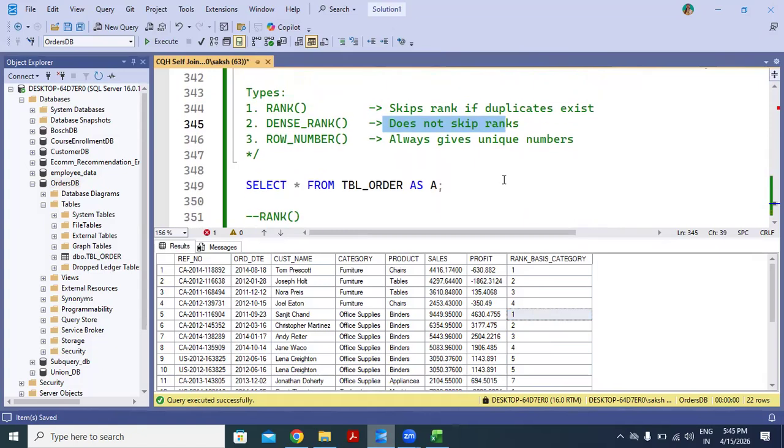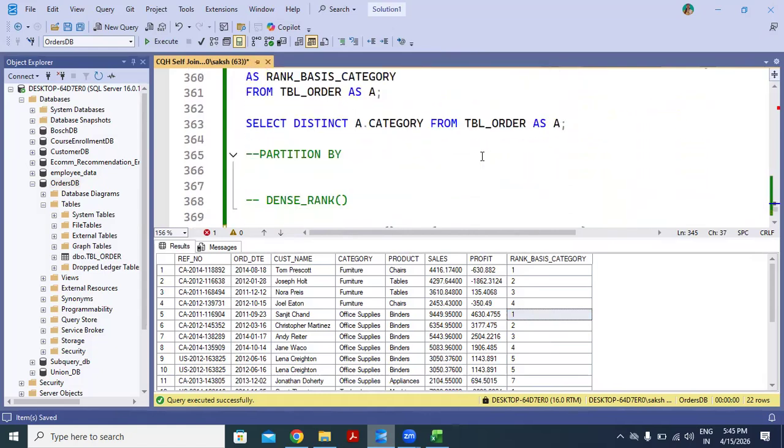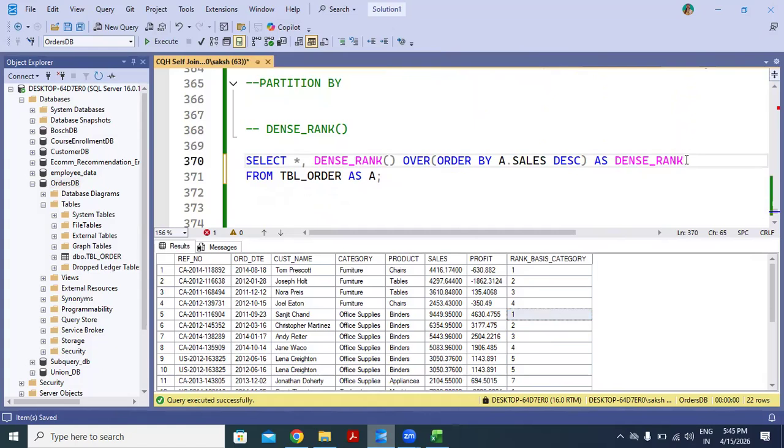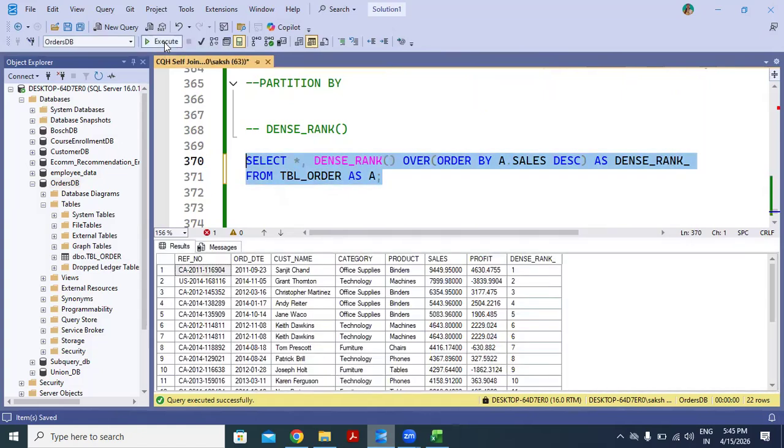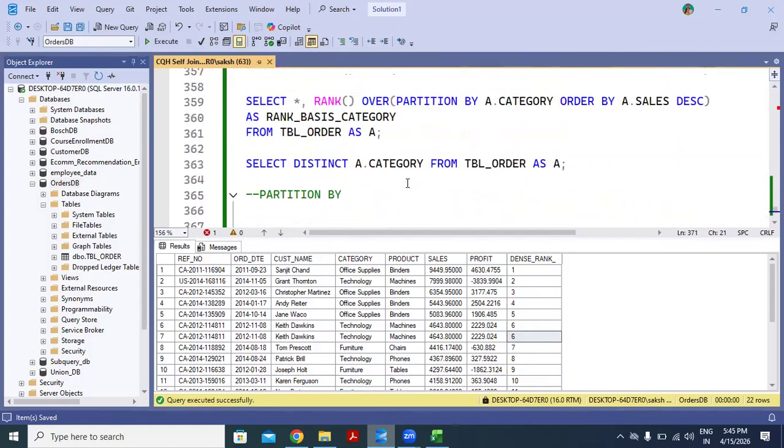So earlier, 7th rank was skipped. Now in this case, 7th rank should be present. So let's see if it works or not. Just execute it. Yeah. So now you can see that these two products are having same sales. So they have been assigned same rank, and the next rank, that is 7, is not skipped in this case. So this is how we can apply the dense rank.